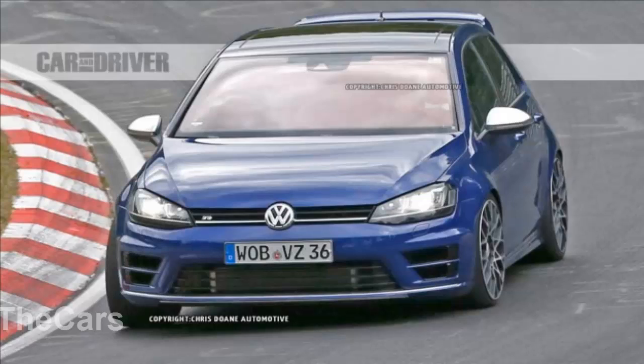The Golf R might benefit from a diet, albeit a mild one. Yes, all-wheel drive adds pounds. And yes, the front-drive GTI is less